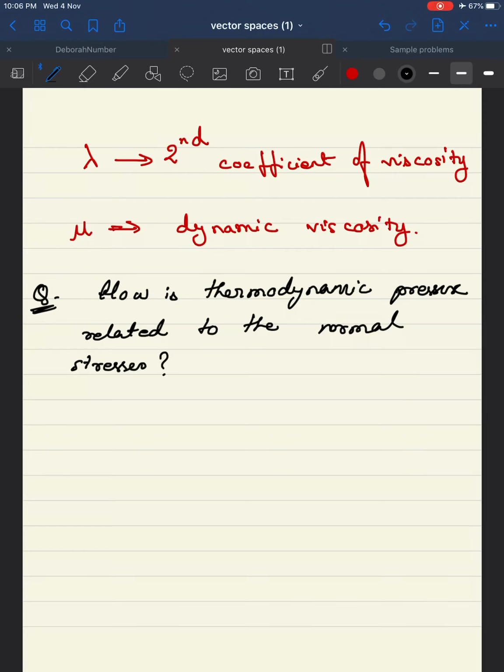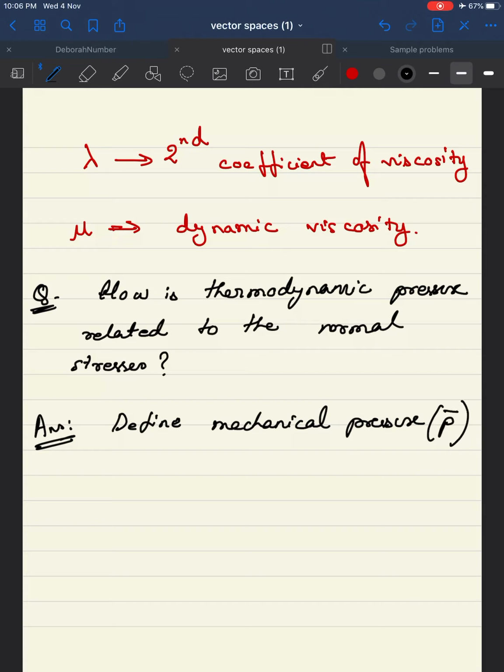Okay. So to answer that, we define the mechanical stress. Okay. So let's say mechanical pressure P bar is equal to,